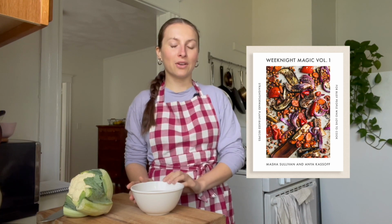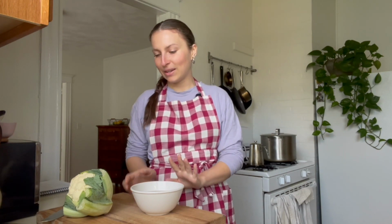So usually when I'm making a cashew sauce or a cashew cheese, I like to dilute it with something a little more water rich, usually some sort of vegetable. We have a zucchini mac and cheese recipe in our first weeknight ebook. I'll put the cover here. So in that recipe, the sauce has cashews in it, but it also has zucchini, which helps fill it out and stretch the cashews, and just makes the sauce a little bit lighter as opposed to if it was made of all cashews. So today, in place of the zucchini in our vegan ricotta, we're going to be using cauliflower,